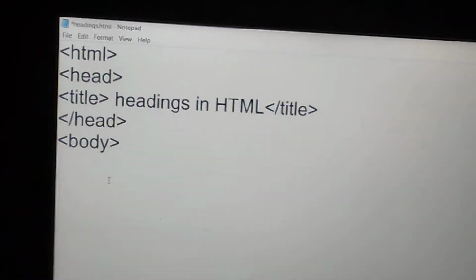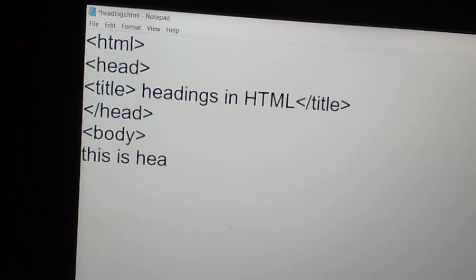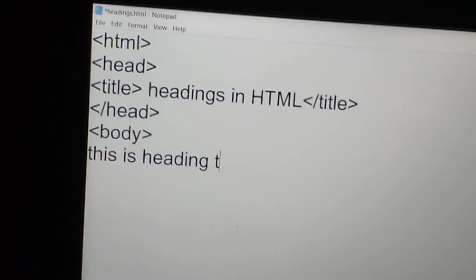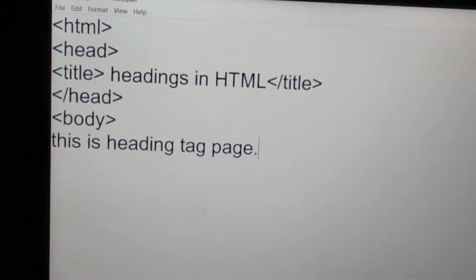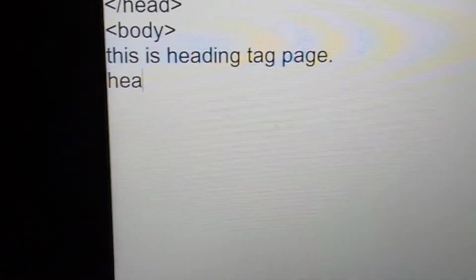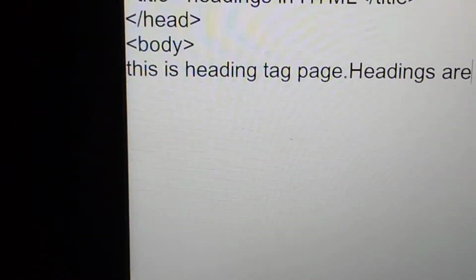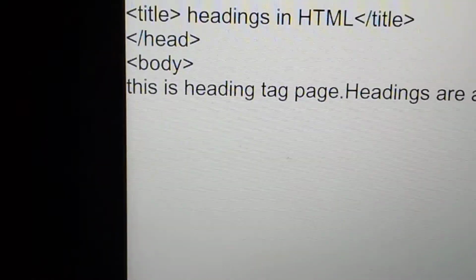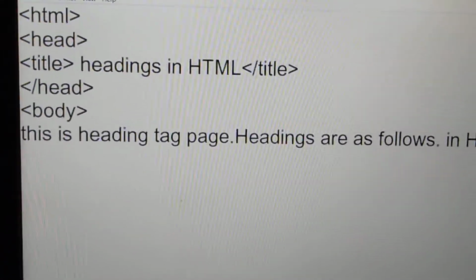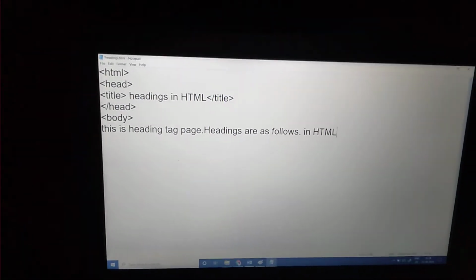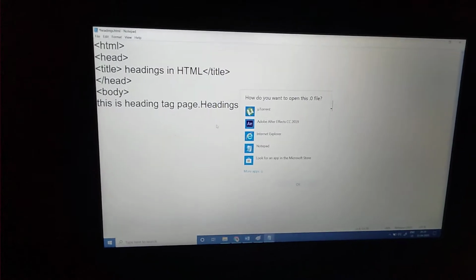So here I am writing, this is heading tag page. Headings are as follows in HTML.